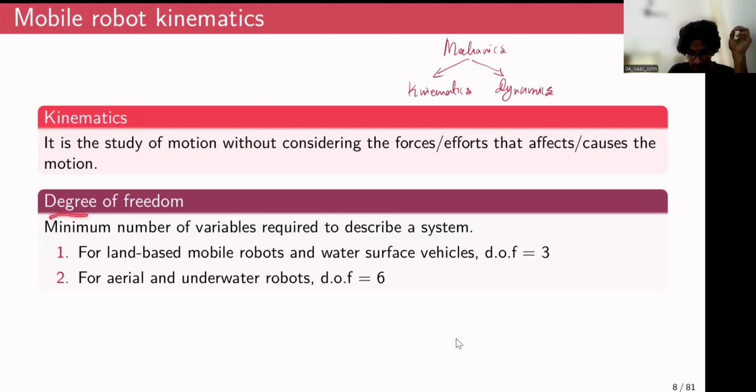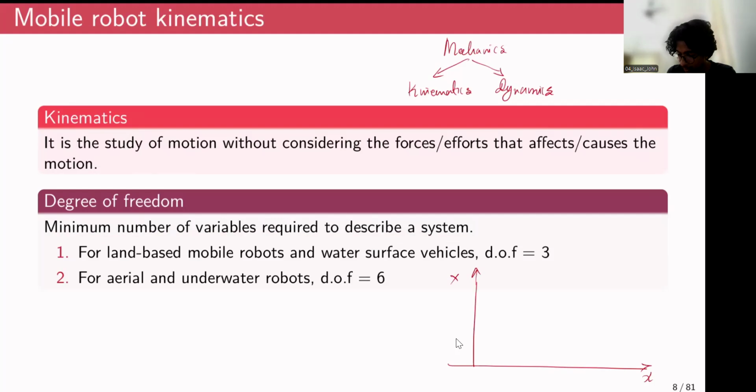And then we defined some terms, starting with degree of freedom, degree of mobility. The first term that we discuss is called degree of freedom. It basically means the minimum number of variables required to describe a system, right? How many variables do you require to describe the position and orientation of a mobile robot? One example: if you have a coordinate system like this, X and Y, and you have a mobile robot like this,